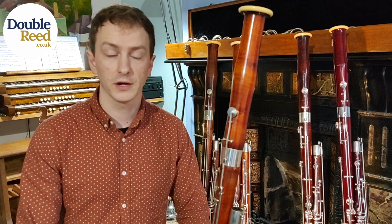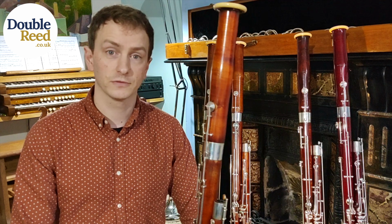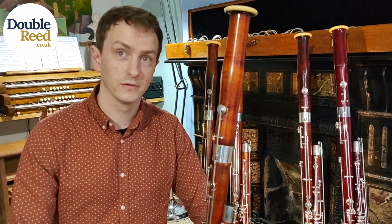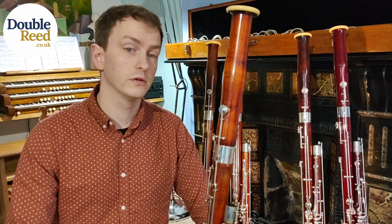It was first owned by Frank Rendell, a very famous bassoonist in the UK, and he was also a Heckel representative in this country, so he was importing Heckels. So he's done much for the Heckel name, I guess, in this country. He apparently picked the tree that this was going to be made of and went over to Heckel, so it's a bit of fun. And then it was sold to a student of his when he passed on, and it's